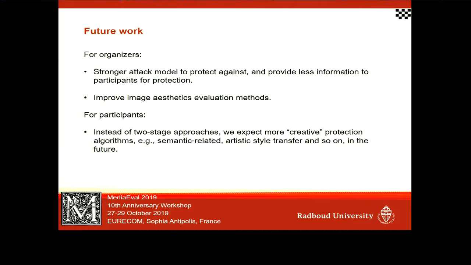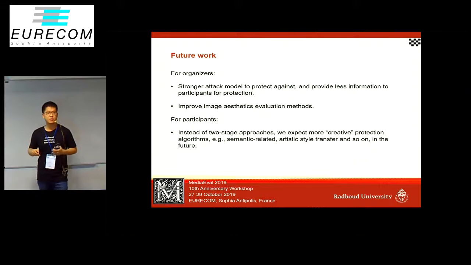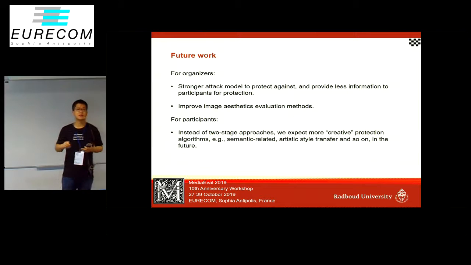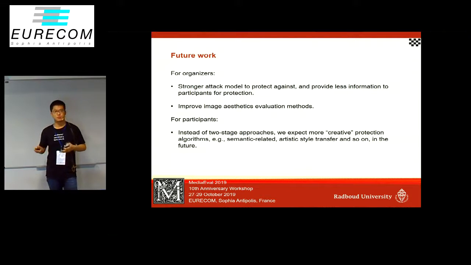Okay. For the future work, we have 2 lines, for organizers and for participants. We will try to get a stronger model to protect against, which means this will be similar to practical cases. And we also try to improve the image aesthetics metric, which is NEMA this year, and we found it's not consistent with human evaluation normally. For participants, instead of the simple 2-stage approach, we expect more creative algorithms. For example, you use the semantic information in this image, or you try to transfer it to some artist style that might be